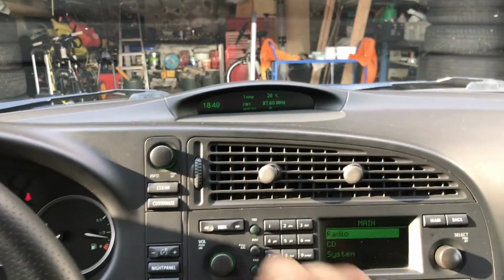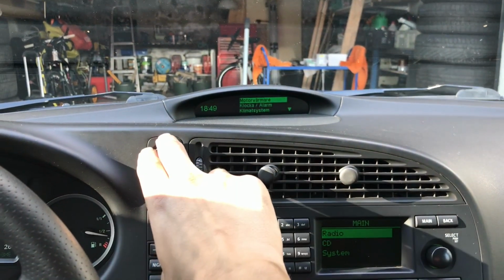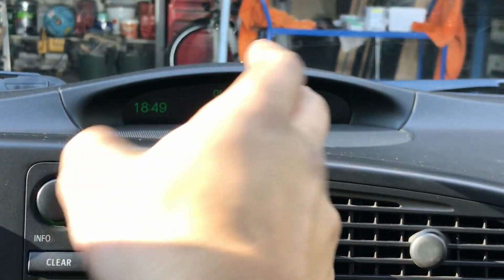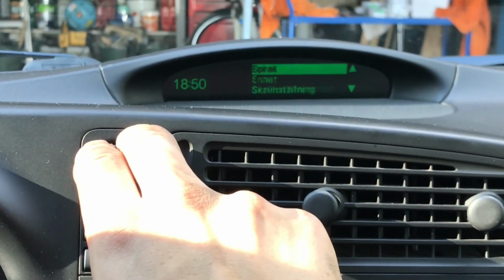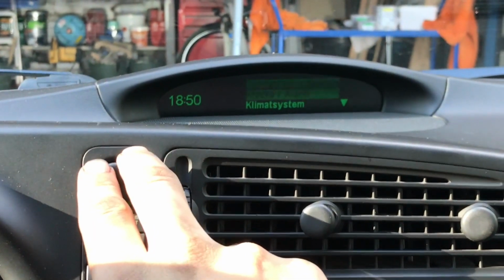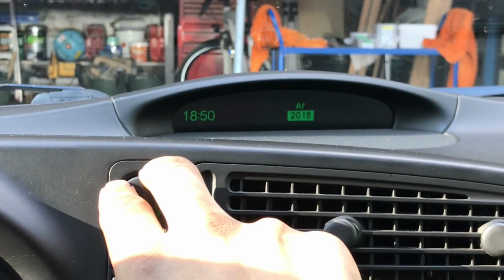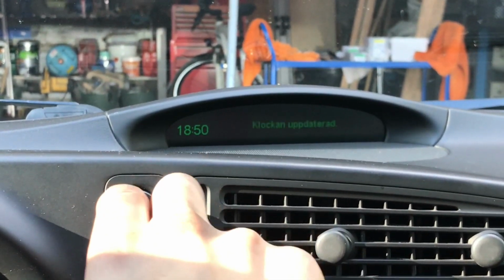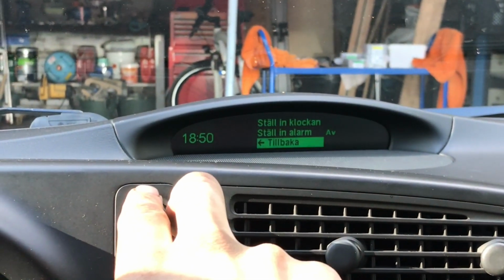So back in the car again. Since the oil wasn't down to 0%, you don't really get an option to reset the service information. You will just see this. So the trick is to go back, and then we actually need to set the clock, and then I have to do it manually, and we'll just move it some years up. The clock is now updated, and that will make